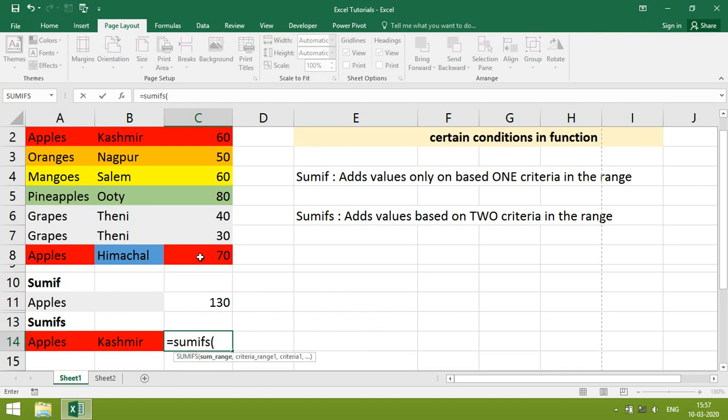Here we first give sum range. Then criteria. First criteria is this one. Either we can click here or here also. Better we click here only.